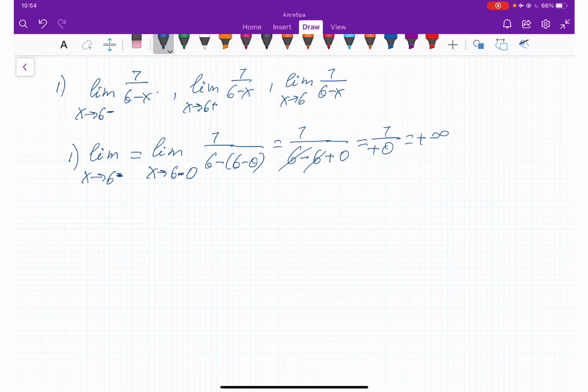So 7 divided by an unlimitedly small positive number, we are getting a positive, unlimitedly big number, which is infinity. Next,